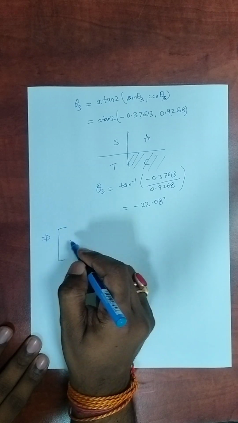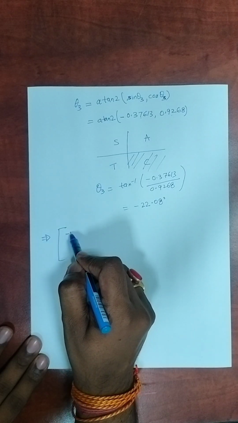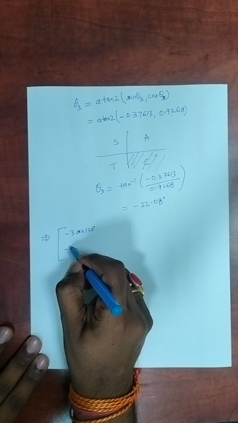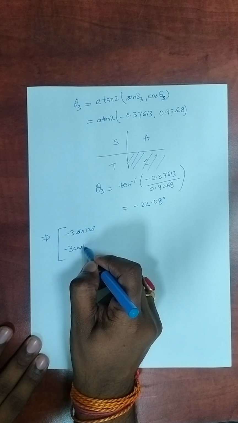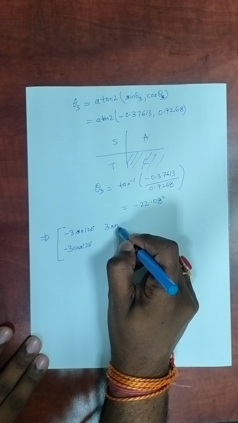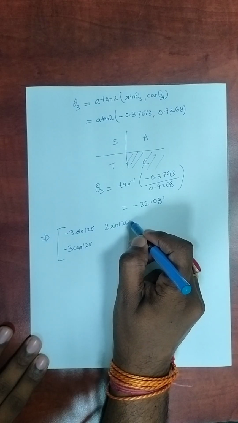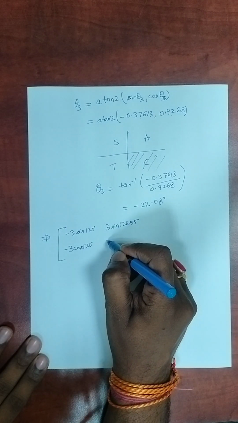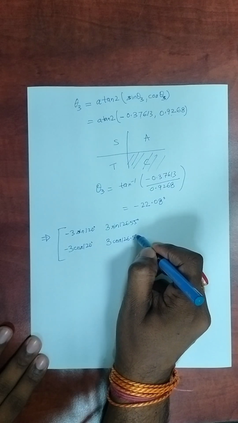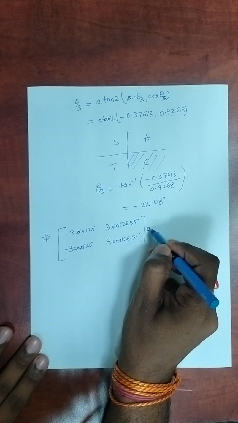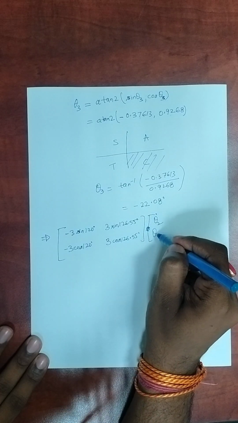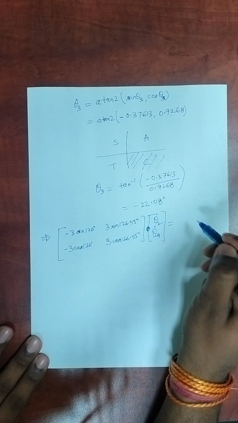So if I put the values in equation number 3, it is minus 3 sine 120 degrees, minus 3 cos 120 degrees, 3 sine 126.55 degrees, 3 cos 126.55 degrees, multiplied by theta 2 dot and theta 4 dot, and this should be equal to